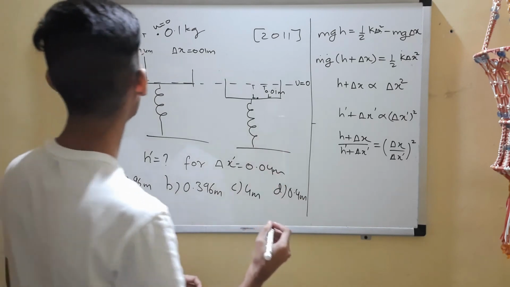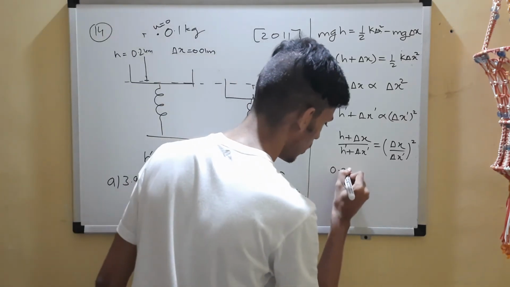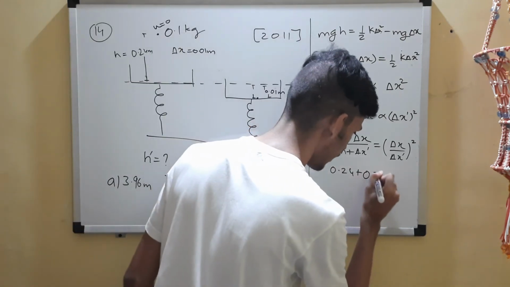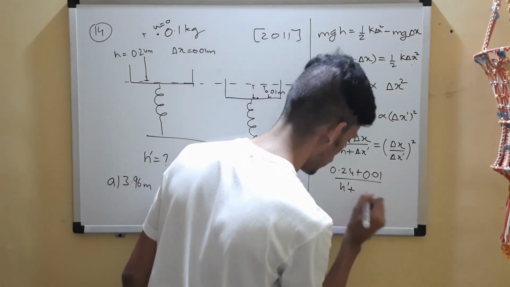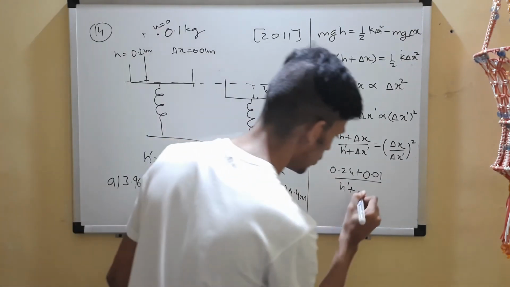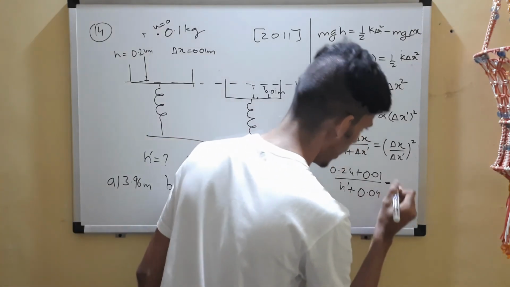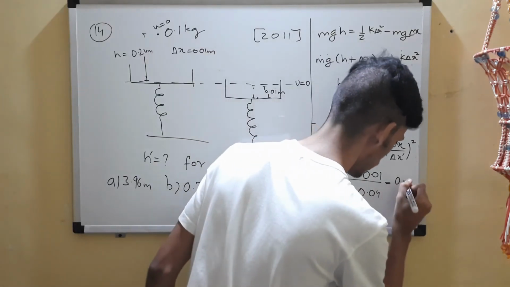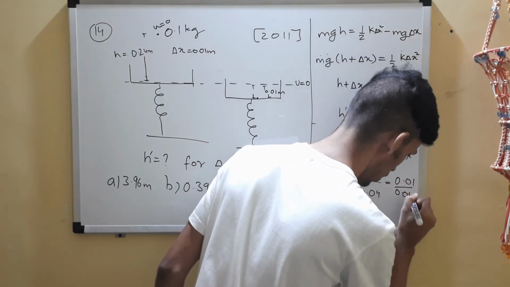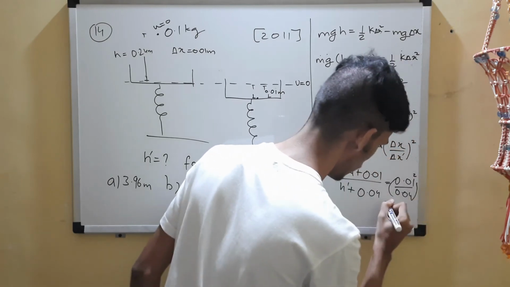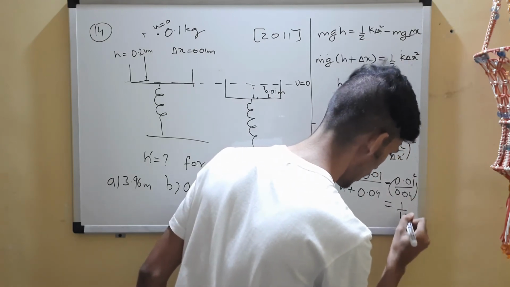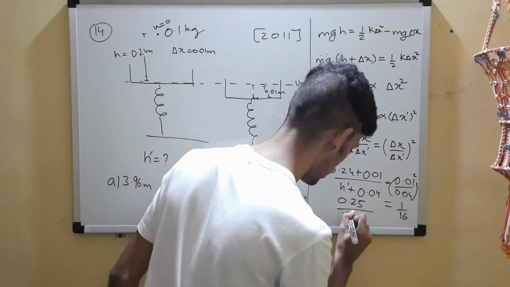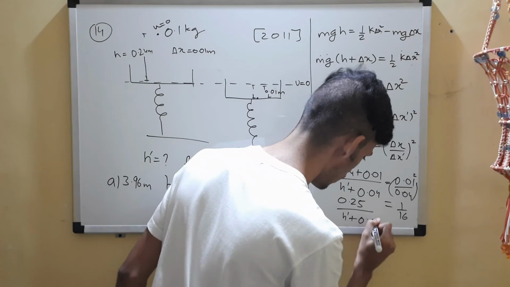So h will be 0.24 plus extension in the first case 0.01, upon h dash unknown, plus the extension in the second case, which should be equal to 0.04. And here you'll have 0.01 divided by 0.04 the whole square. So 1 by 4 the whole square, or 1 by 16, and here you'll have 0.25, which is divided by h dash plus